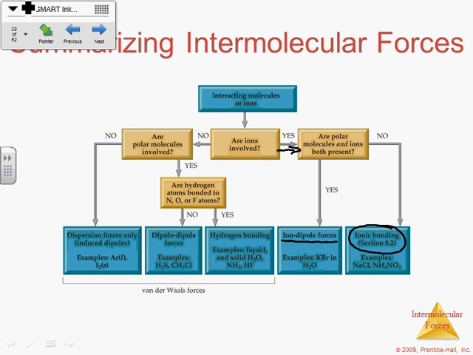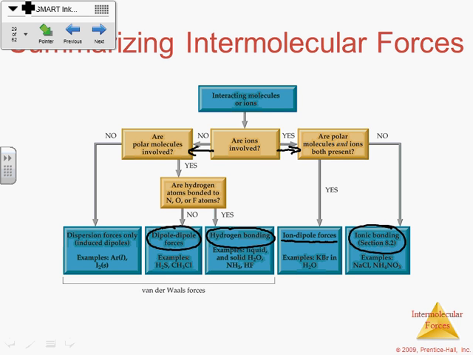Ionic bonding is really an example of an intramolecular force, which is why we didn't talk about it here, but that always is a possibility as well. If you don't have any polar molecules, if you just have ions, then that's ionic bonding. Now, if there are no ions involved, then you come over here. Are polar molecules involved? If the answer is yes, then we have to choose between hydrogen bonding or dipole forces. If there are no polar molecules involved, if these are all completely nonpolar, then we're talking about